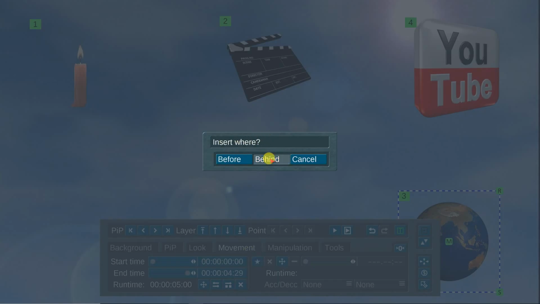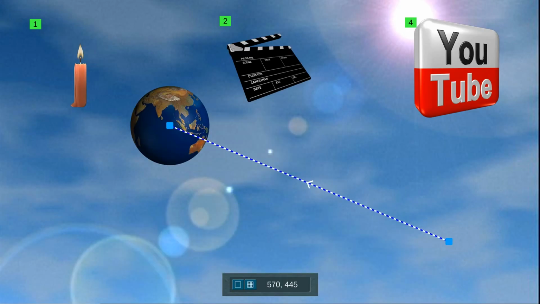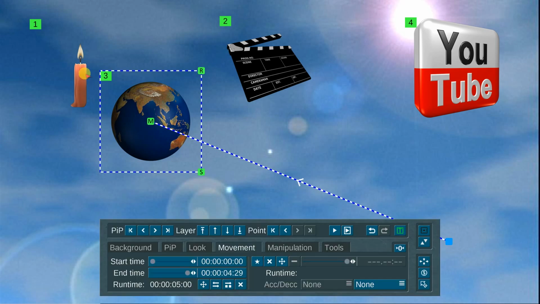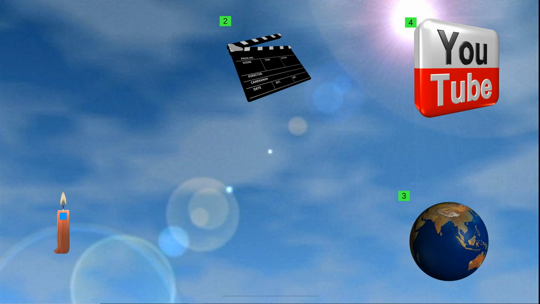We're going to insert it behind, and the same thing, we are going to put this in this direction. Let me pause a minute and get this one out of the way. Let's move this one over here just for a little bit. Okay,